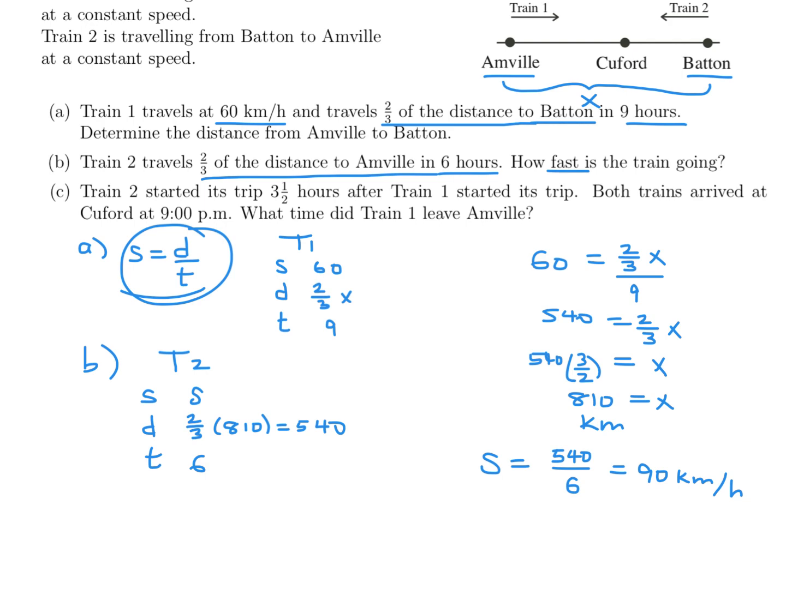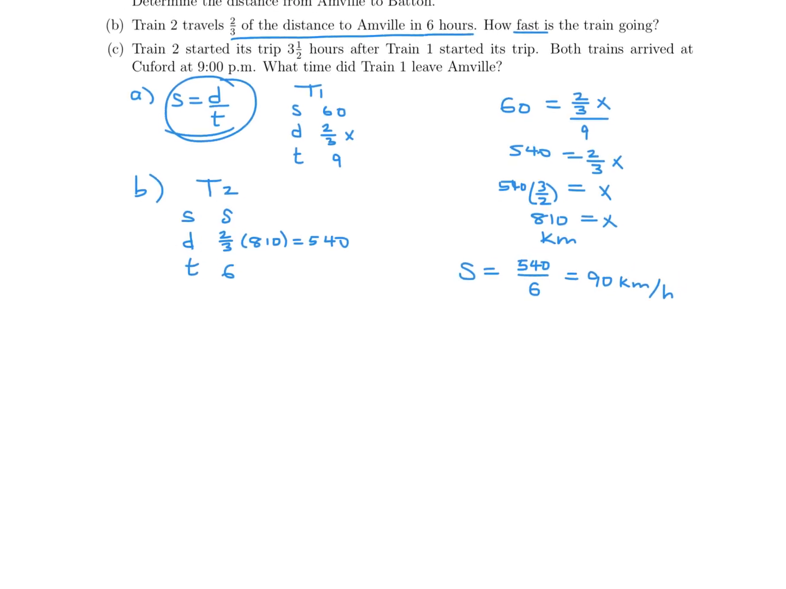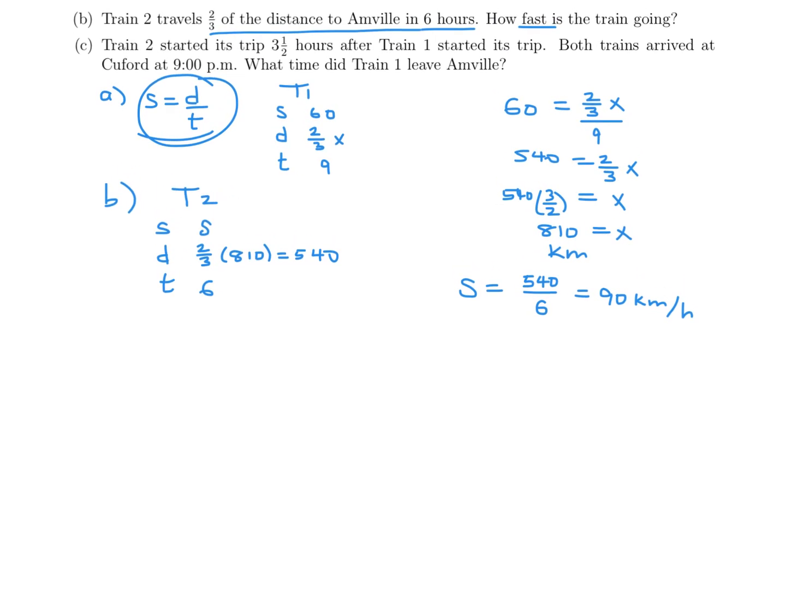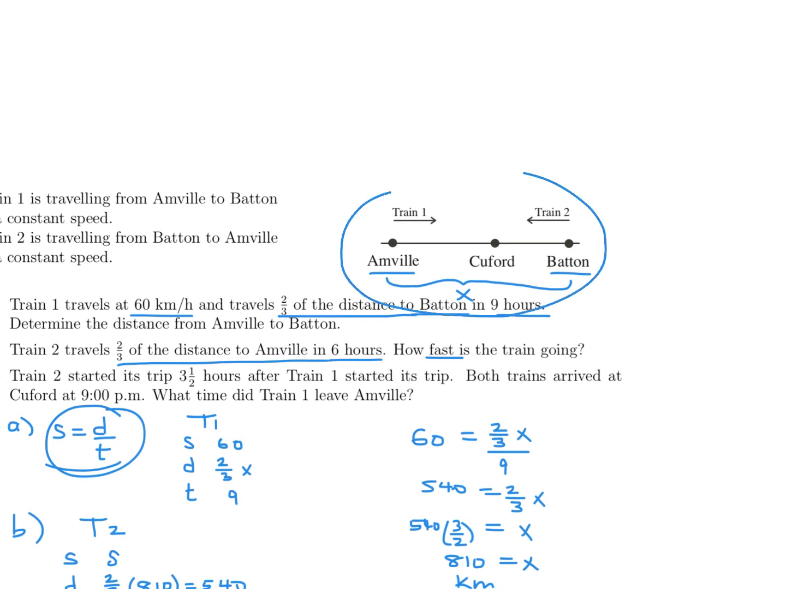Okay, so now we're down to C. Let's see here. What is C talking about? Train 2 started its trip 3.5 hours after Train 1. Both trains arrived at Cuford at 9 p.m. What time did Train 1 leave Amville? Okay, so Cuford is the town in the middle. This guy, okay. All right, so,